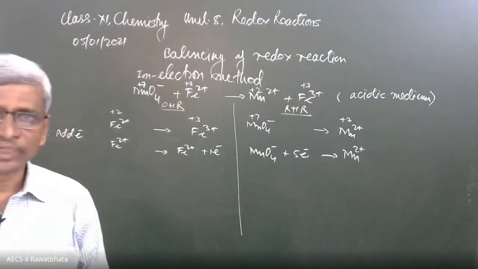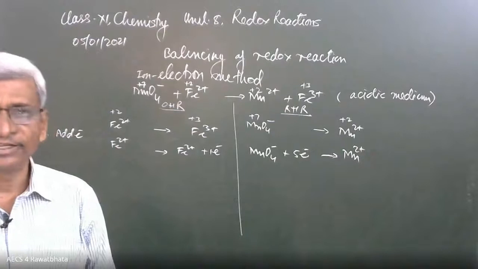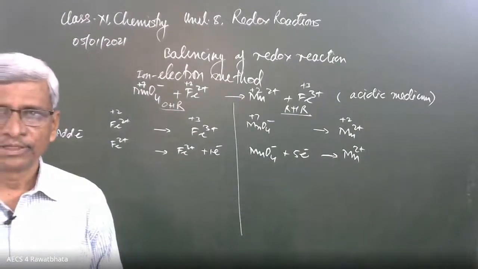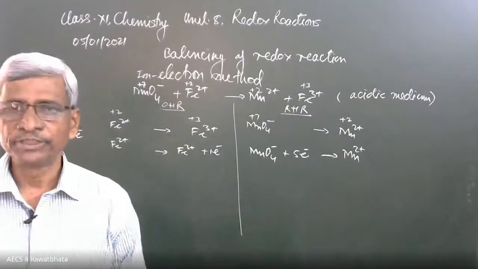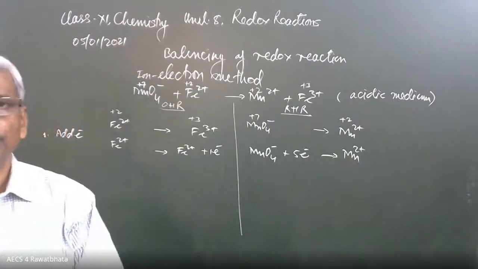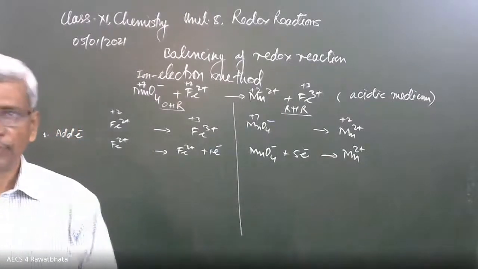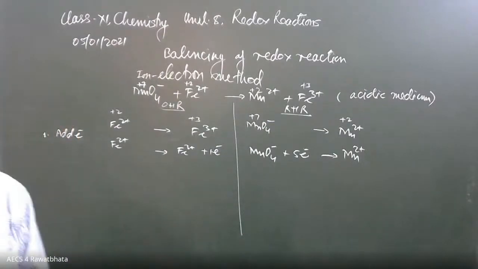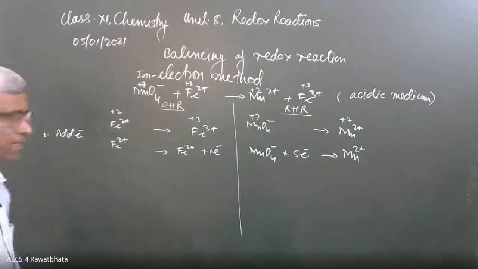If you are able to decide oxidation number correctly, you can balance the reaction without any failure. There are some other techniques also. Instead of adding electrons, first we balance the charge. And while balancing the charge, we are also going to do the same thing. So here it is the electron.